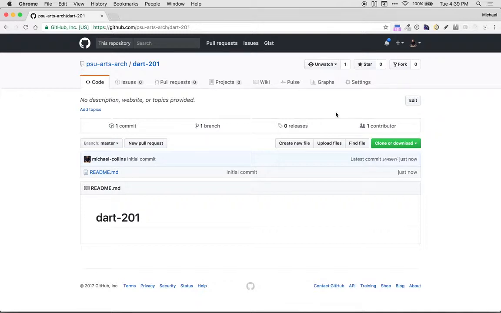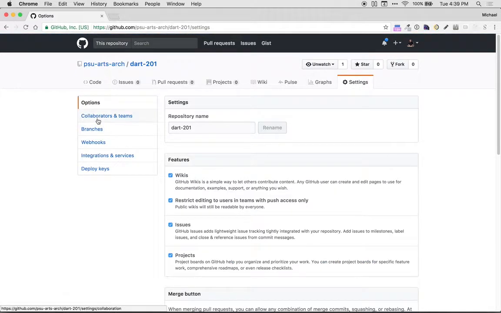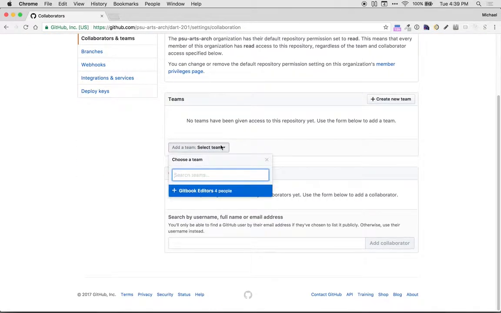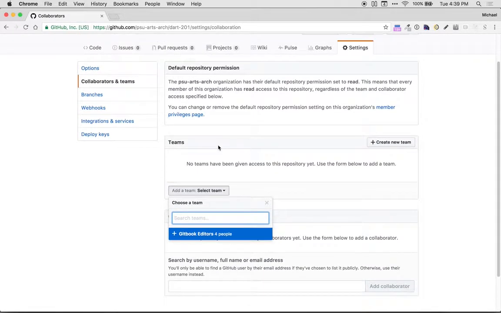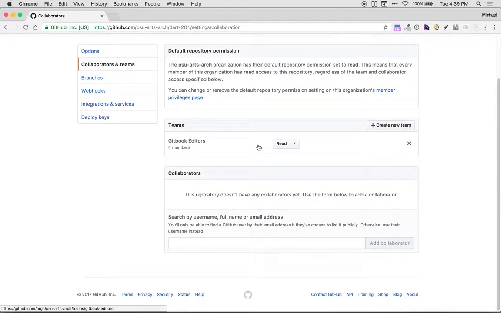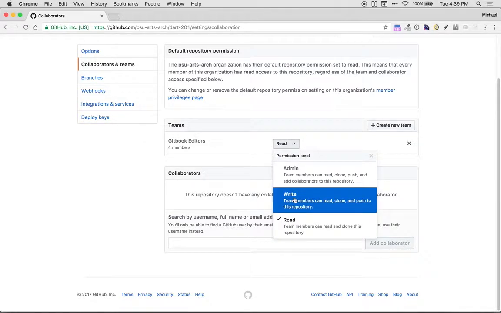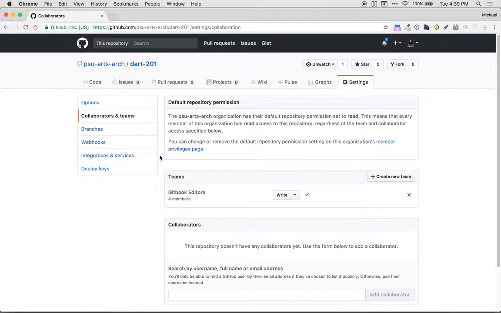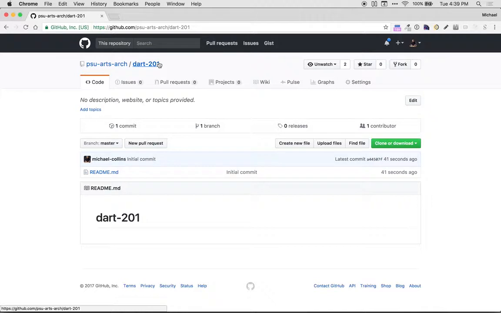To add contributors, you go to the settings, click on Collaborators and Teams, and you can add a person or a team, and I'm going to add a whole team that I've already created called Gitbook Editors. And we can select them to be in read view or write permission level, or you can add individual people down here at the bottom. I'm going to add all the Gitbook editors, and now they should all have access. So if we go back to the Dart 201 repository view here, we can see that we have a README